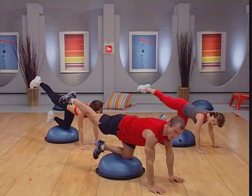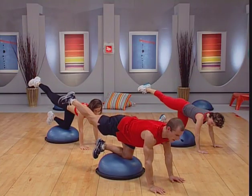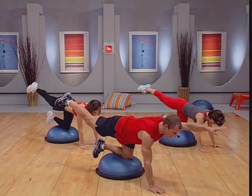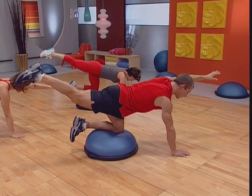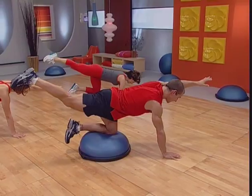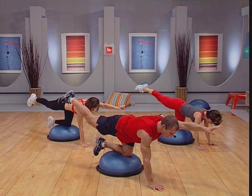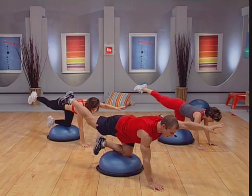Feel the balance out here. If you feel secure here, let's move on to the next challenge. Lifting the opposite arm, reach through those fingertips. Julian is gonna show us the modified version that makes it a little bit easier. Jen and I are gonna hold here. Now I'm gonna show you level 3, a sweeping motion with the arm that's up, all the way out to